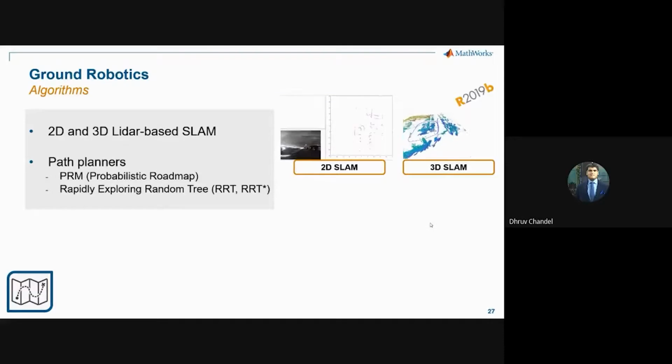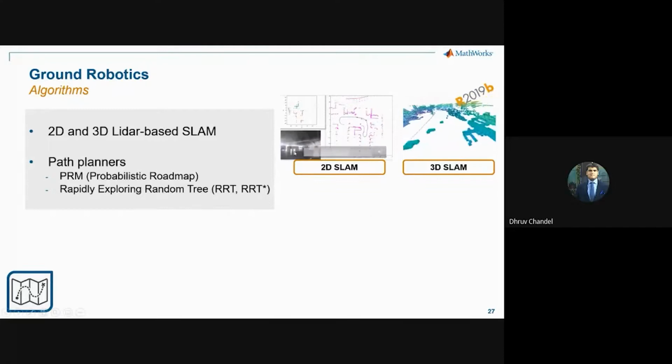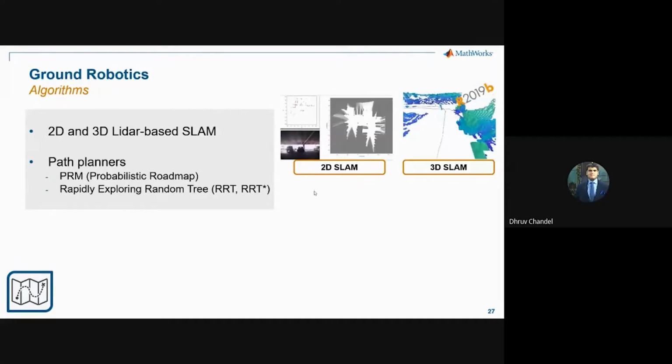So this navigation toolbox is something quite new. This was launched just 1 year ago. So you may not have seen this if you're not on a modern release. This has inbuilt algorithms for doing 2D as well as 3D SLAM. So this one you can see it's doing optical SLAM. SLAM stands for simultaneous localization and mapping. So if you have a camera, it will look around the environment and it will use visual measurements to make a map of the environment, which you can then navigate. The 3D SLAM, again, it can be done optically or with LiDARs. So both of these are supported in the navigation toolbox.